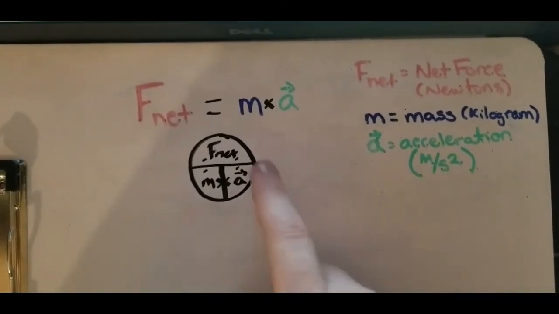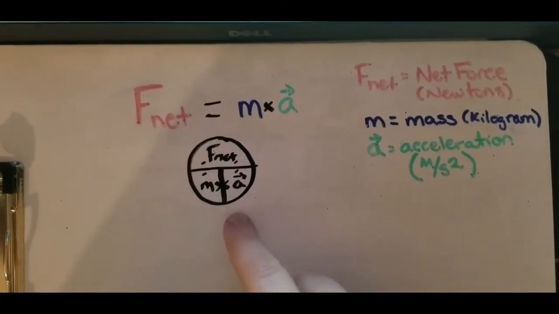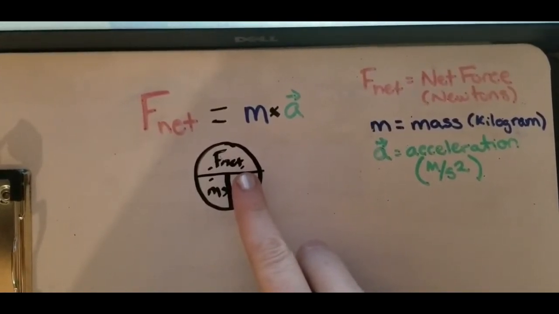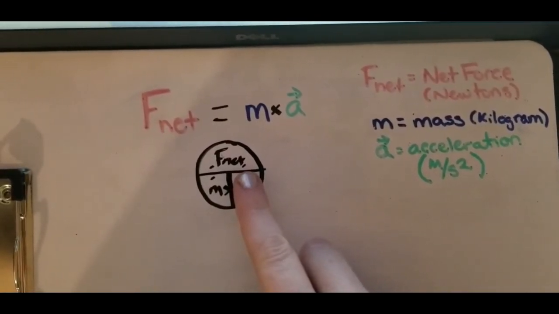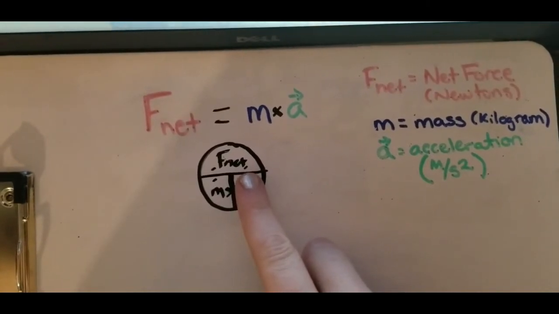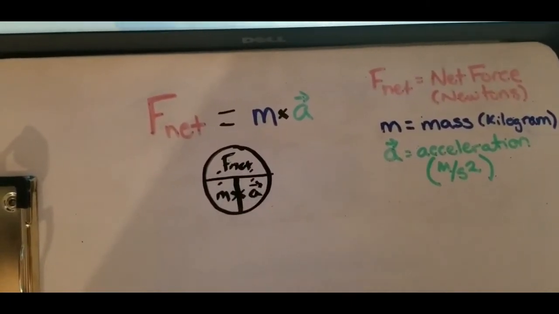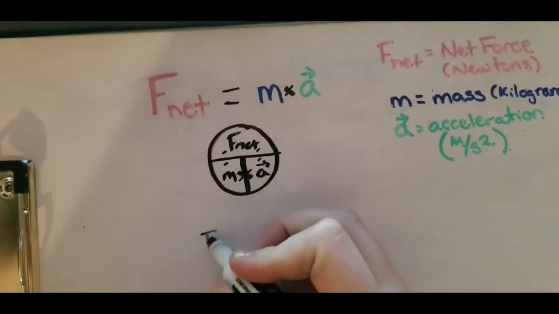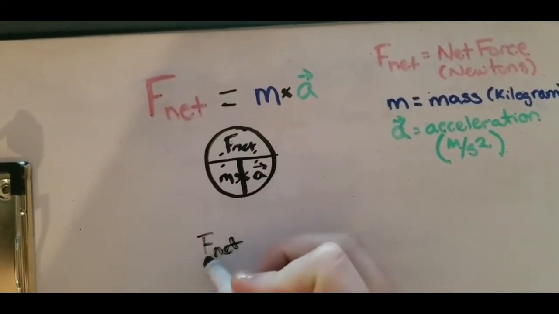And if we use this circle method here, we can just cover up the a, the thing that we do not know, and we get an equation that is F net divided by the mass. So that would be F net